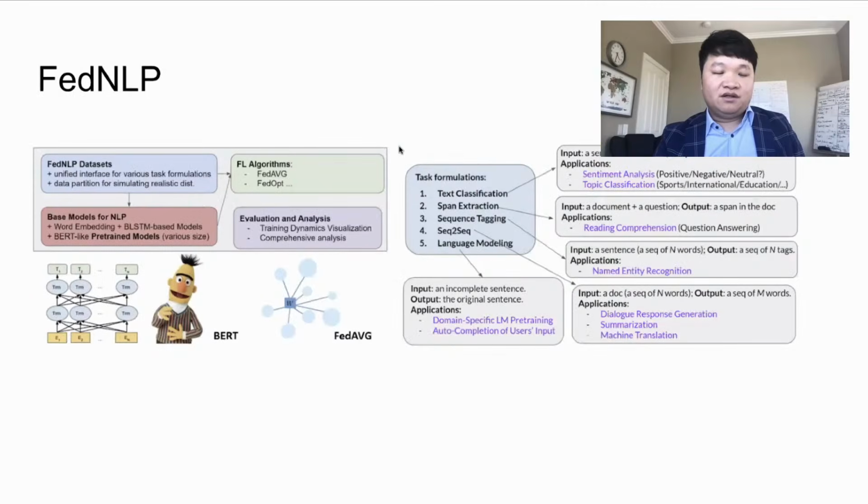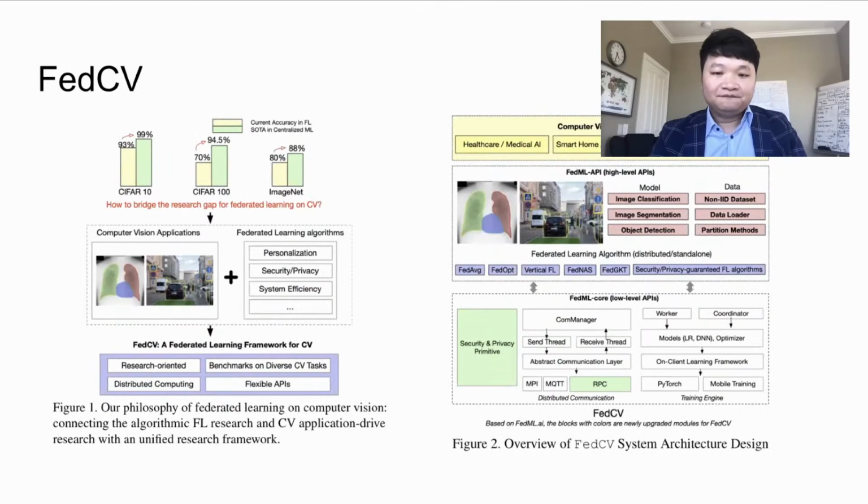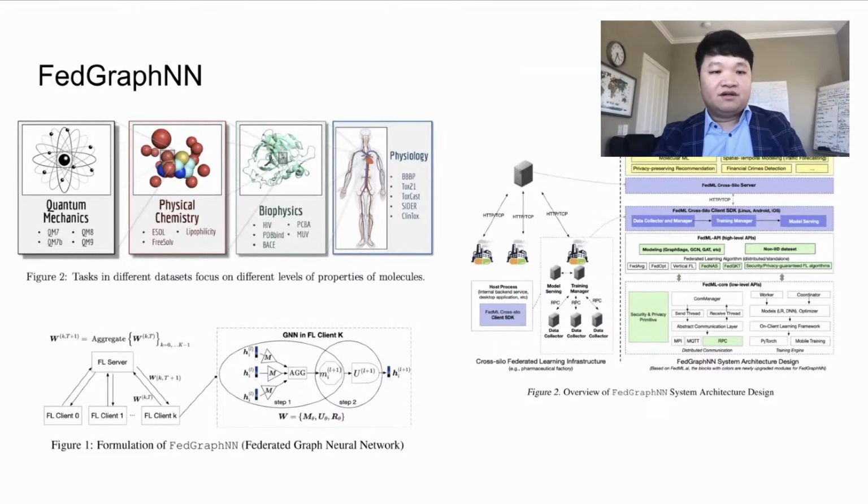So to achieve this, we propose the FedNLP framework in FedML, which can support many advanced tasks like reading comprehension, question answering, and many interesting NLP tasks that have never been used in federated learning. And we integrate image segmentation, which is for medical settings, and object detection for autonomous driving, which are very interesting applications for these scenarios. And we also think about, for example, the AlphaFold tool, which is very famous research recently published by DeepMind,